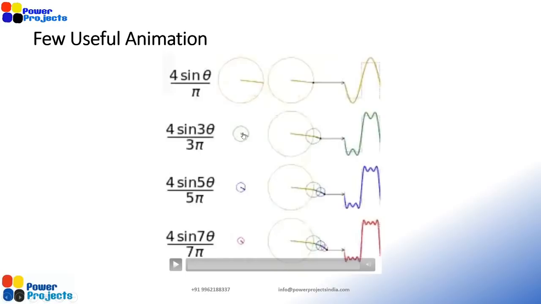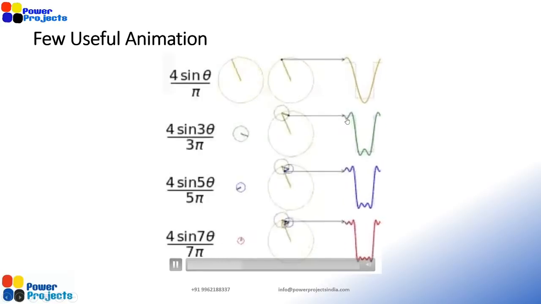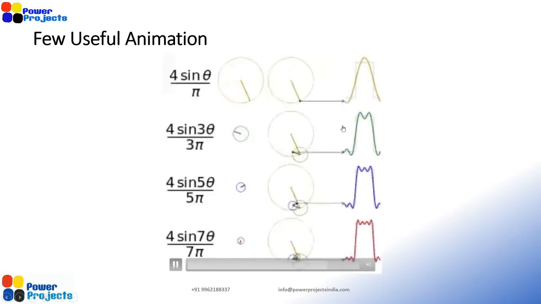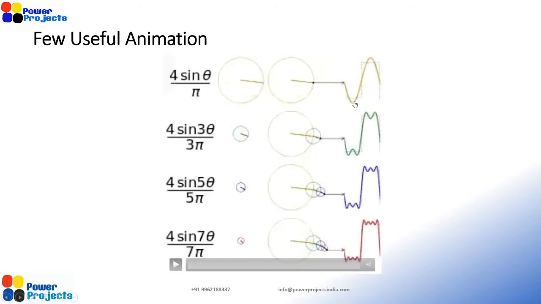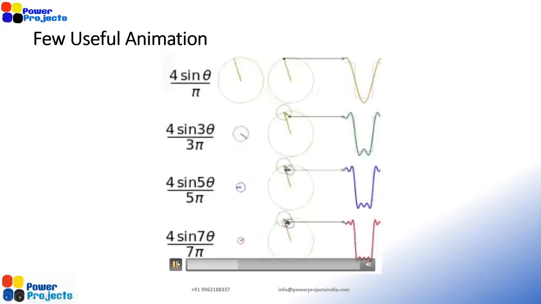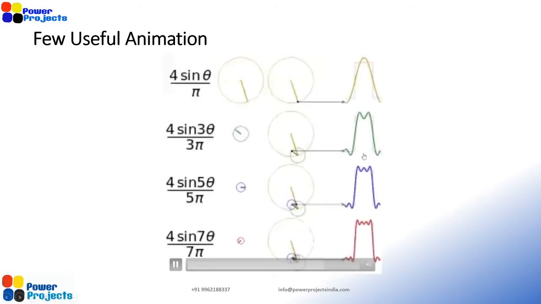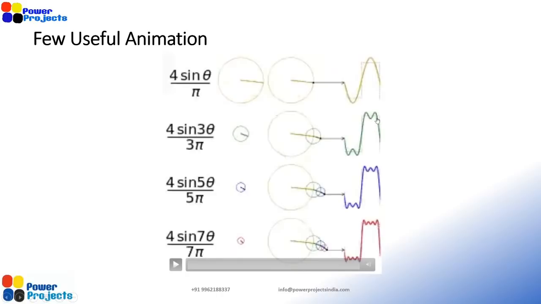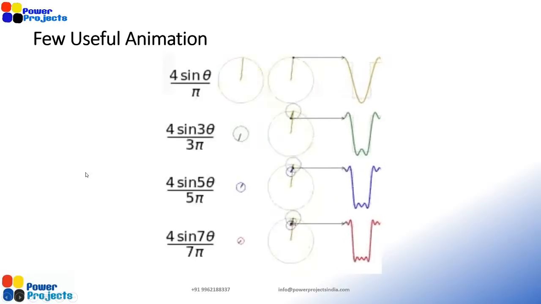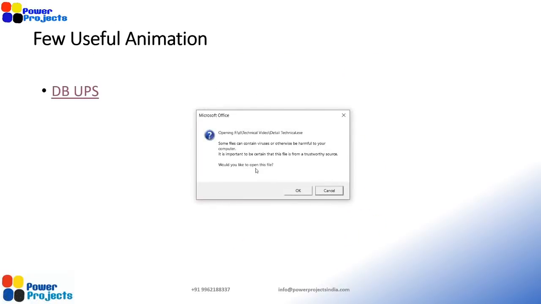With that, if we add the fundamental wave with the third harmonic, how does the waveform change? This is an animation available in most places. I'm taking this animation to better understand how the sinusoidal wave shape changes when the fundamental is added with the third harmonic, and if it is added with the third and fifth, how the harmonics change the waveform. You can play with this. And of course the seventh harmonic, you can see the changes in how many times it reaches its maximum values, how many times it crosses zero, etc. Let me quickly go to another animation.